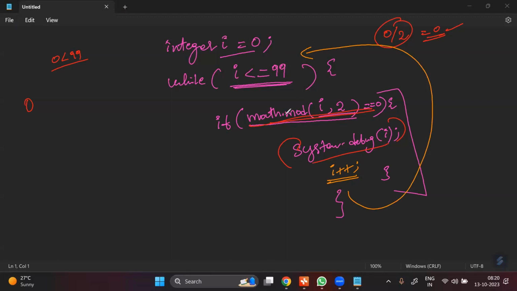Now we are coming here and again checking another condition using if. What is that condition? Is 1 divided by 2 equal to 0 or not? So what is the remainder? It's not 0, the remainder is 1. So it will come out of this condition block, and after that it will increment, and then this I will become